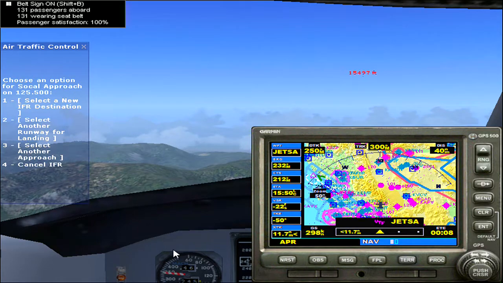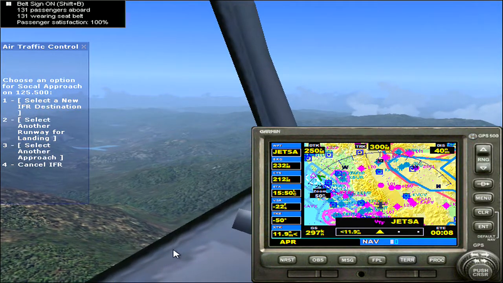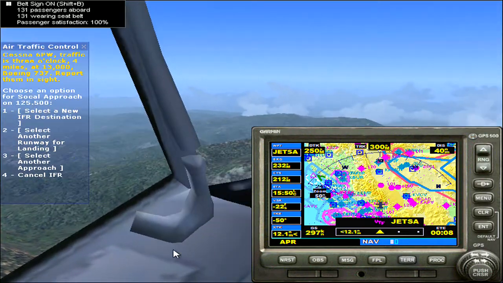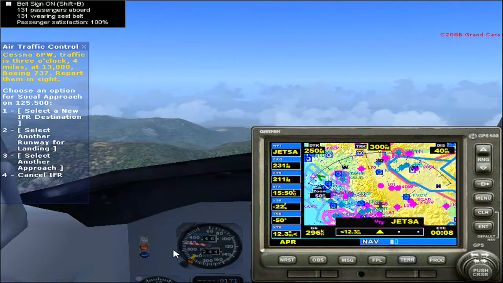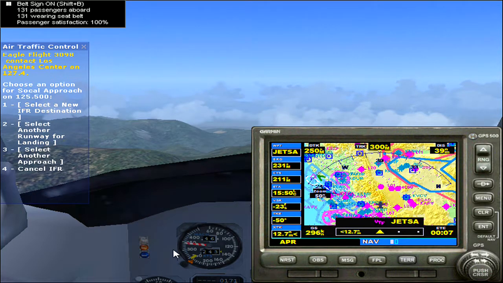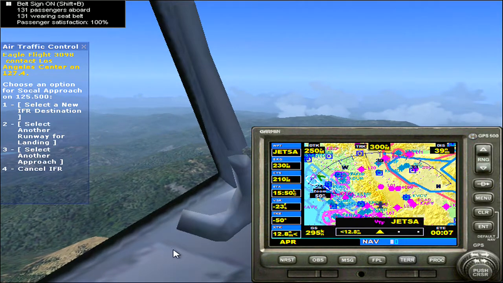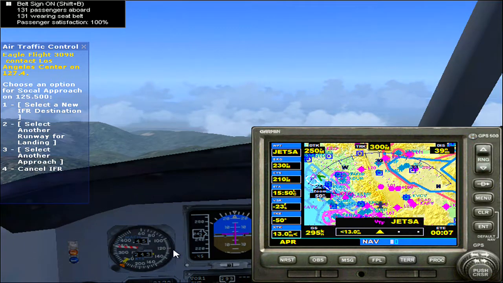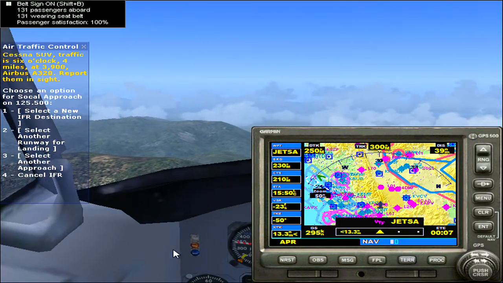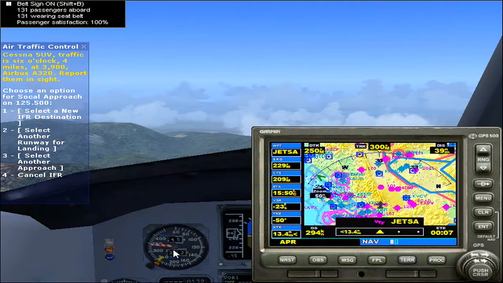As you can see, it's a little unrealistic as far as how low they actually take you to the mountains. In real life, it would never be this low for these mountains, but you have to be careful too, because sometimes they will actually fly you into a mountain, and that's what I mean about how bad the air traffic control is. They will sometimes have you descend into a mountain, so you have to be on alert. But I think we're high enough to just avoid these mountains. I hope we are, or I'm going to be upset. But anyway,